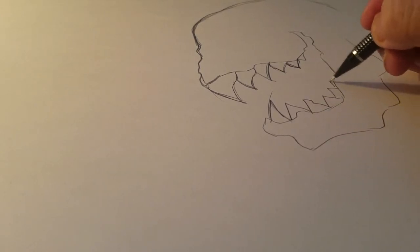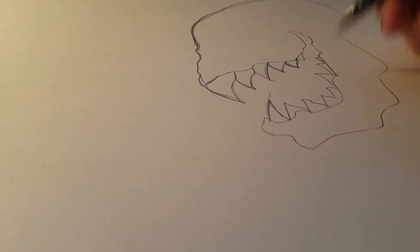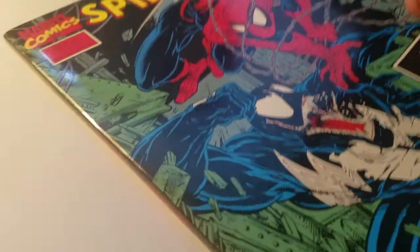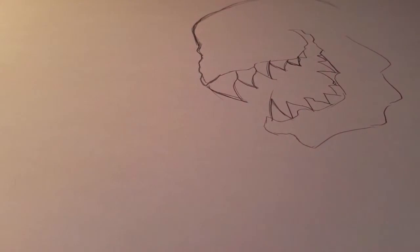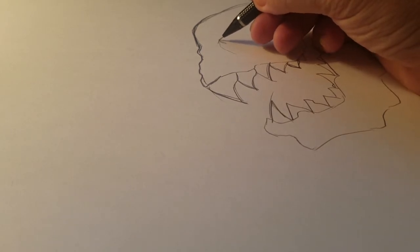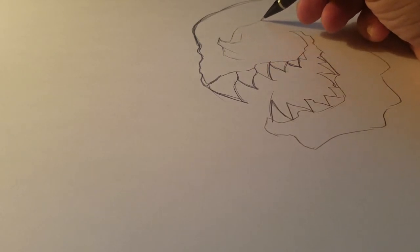I don't know who's responsible. I don't know if it was an artist that decided that. Hell, it could have been McFarlane that decided it. But the issues that I had of him originally were the Amazing Spider-Man. See how his face is. He's got the long face and the big mouth, but the tongue isn't flying all over the place ridiculous. That was back in Amazing Spider-Man 298, 99, 300, and then I think 315, 16, and 17 or something like that. I may be wrong on those numbers, but he originally did not have the craziness of that tongue,